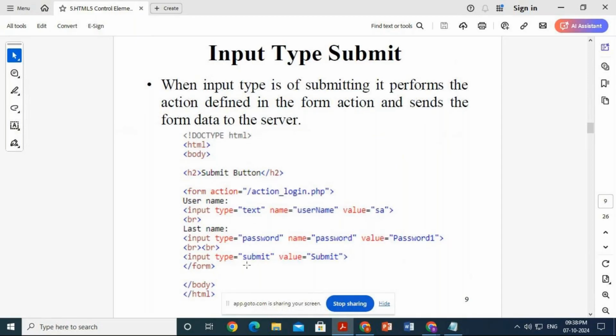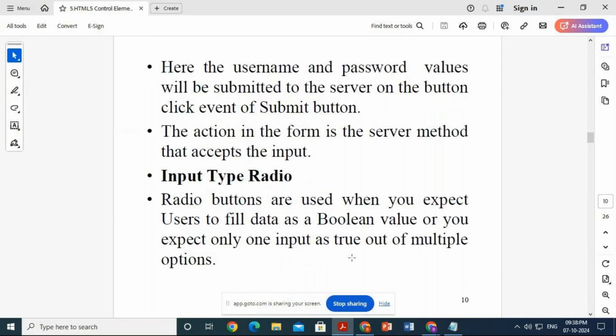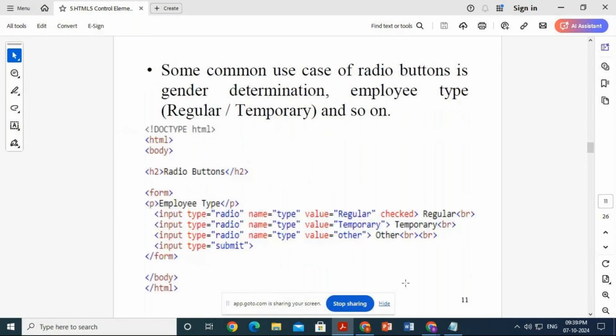Submit is used to send the data to some place. That can be created with this syntax: input type equal to submit, value equal to submit. Then radio button: you need to mention input type equal to radio, value equal to regular,